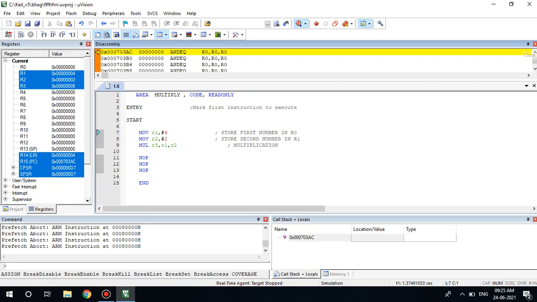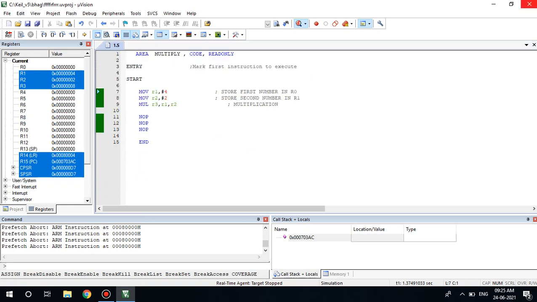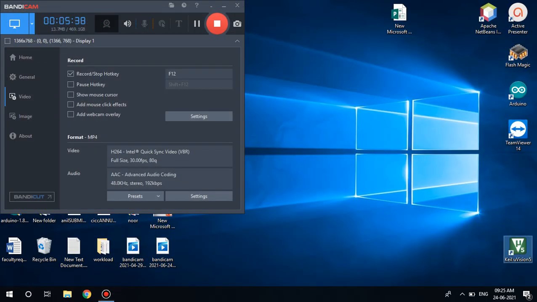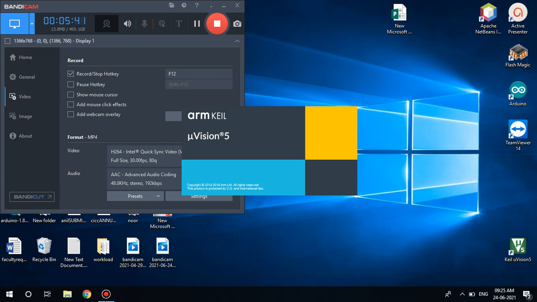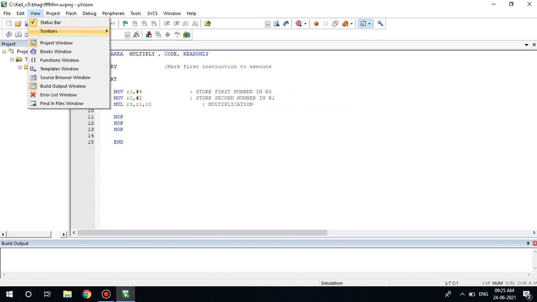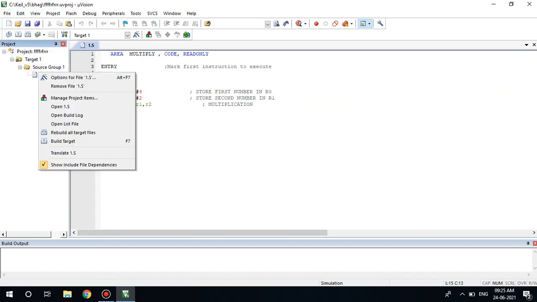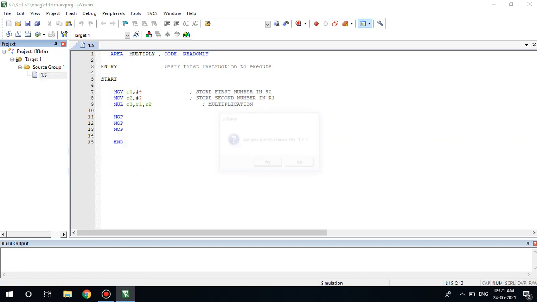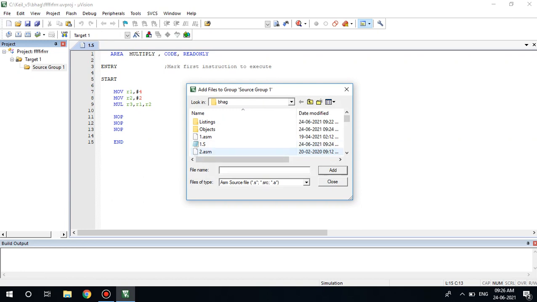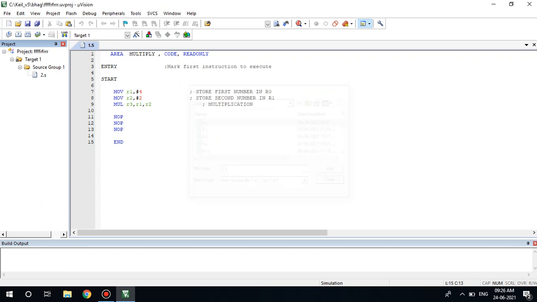Next is the second program. Wait. The second program is very simple. I will show you that, so the concept will be very clear to you. Go to Keil software. Here I have stored the things. I will open it. Remove this 1.s. Remove that. And 2.s, I already saved those things. I will show you. 2.s. Wait, 2.s is saved. Here, 2.s is,